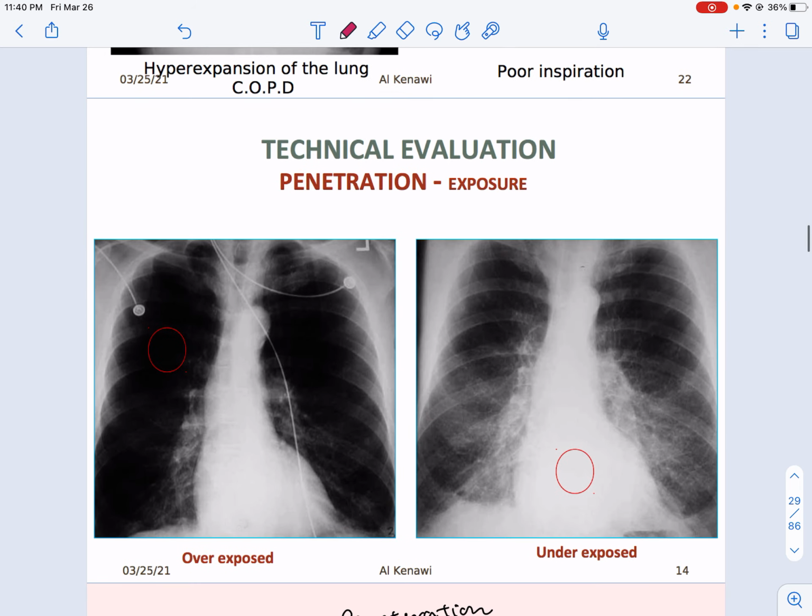تمام. تاني حاجة ال penetration or exposure. هنا زي ما قلنا قبل كده، هنا under exposed، يعني شايفين قد ايه الصورة is bright، يعني التايم علشان ياخدوا ال chest x-ray كان ممكن يكون ما أخذت البيم ما أخذ وقت كفاية علشان يعمل لي الصورة حقت chest x-ray، فهذا under exposed. هنا over exposed. ليش؟ It's so dark that we cannot actually see some of the structure, so it's very important to assess